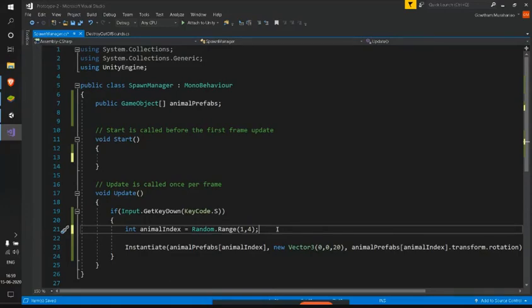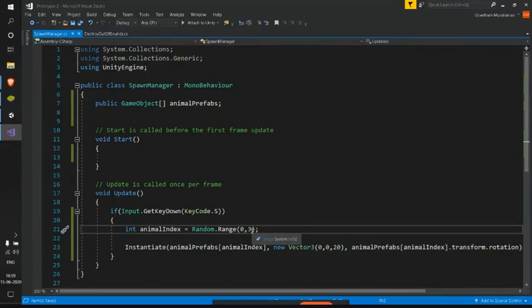It will be generating one random value in each call to this Random.Range method. So let's give the values as 0 comma 3, and as we have 0 comma 3 here, the values can be 0, 1, and 2.